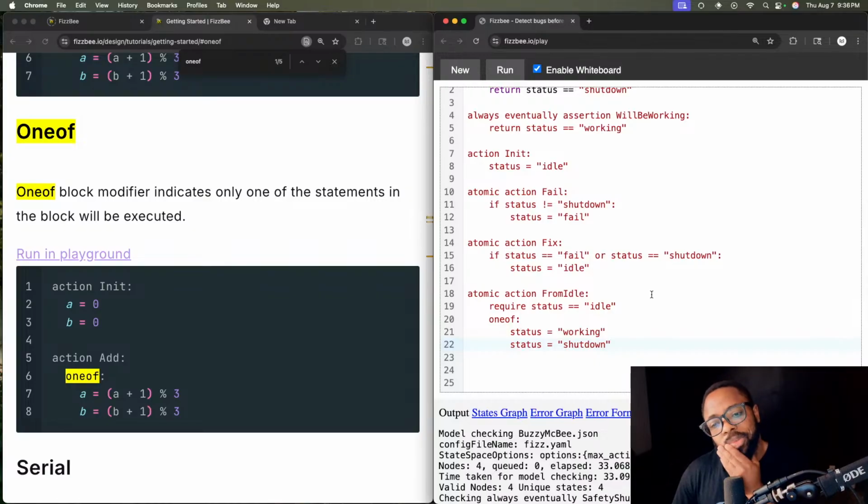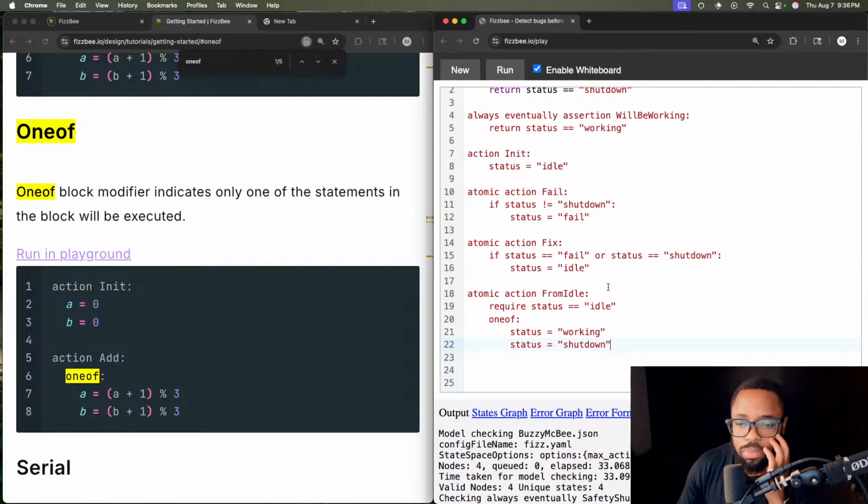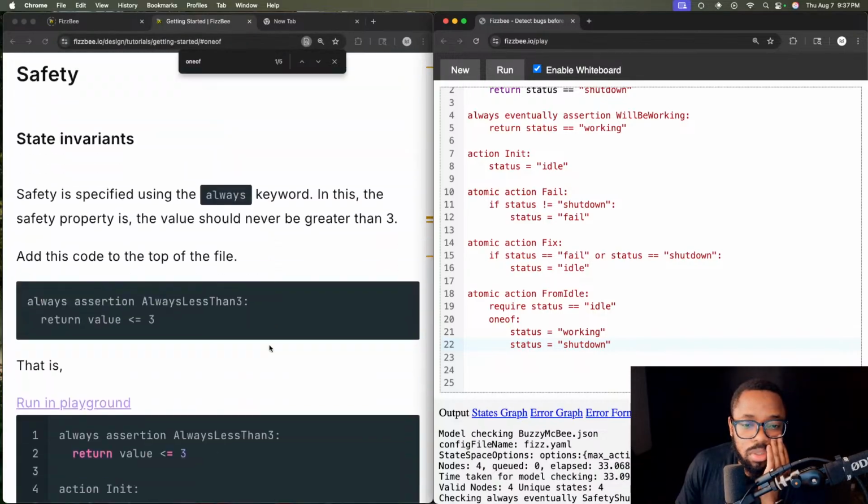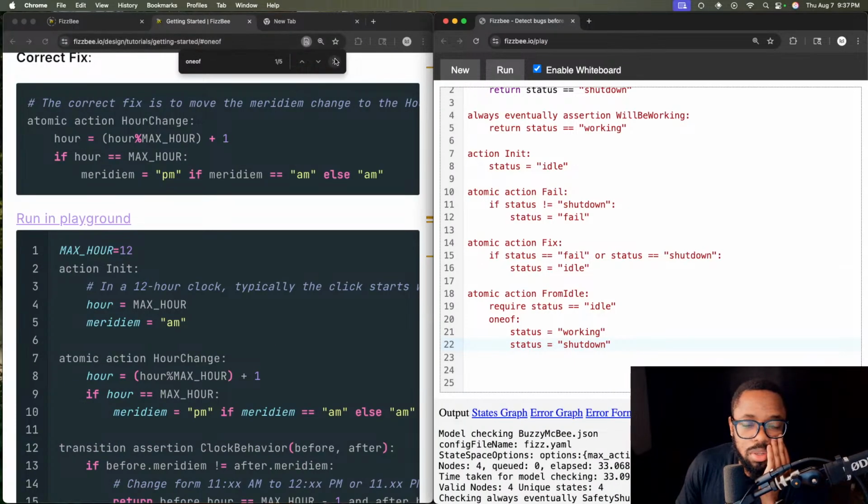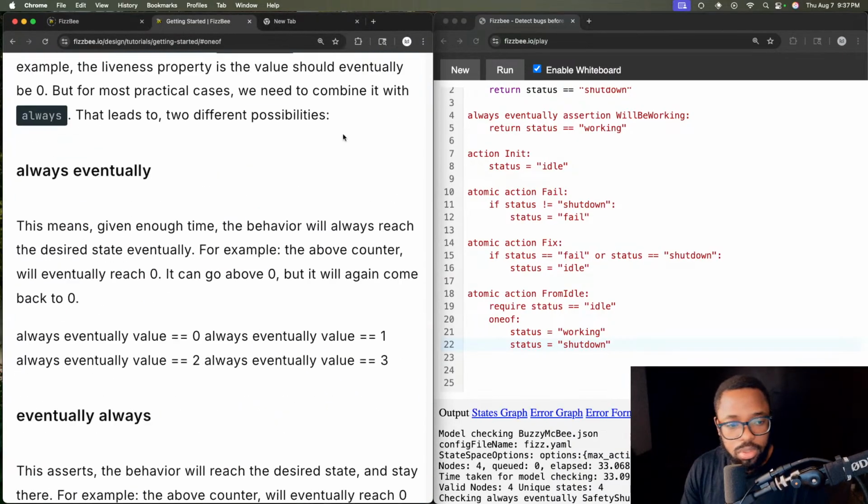So when a system is idle, we either go to working or we shut down. But this action would only be enabled when status is idle. And in the definition, it does say that